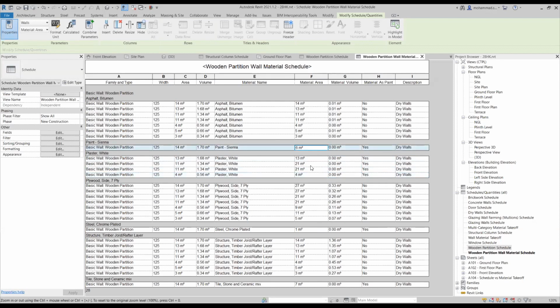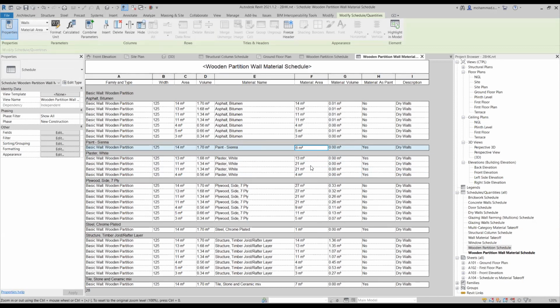So if you need to get area for any kind of plaster or cladding, and you do not require volume for that, then in order to save modeling time and to also save your project file size, you can use this technique to apply finishes by using only the paint option.